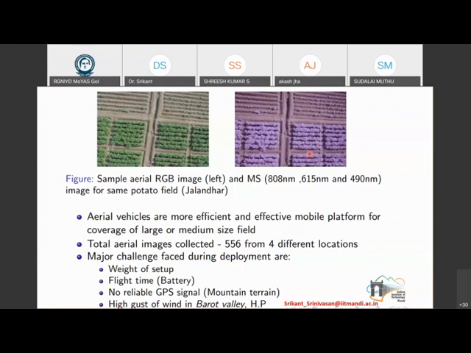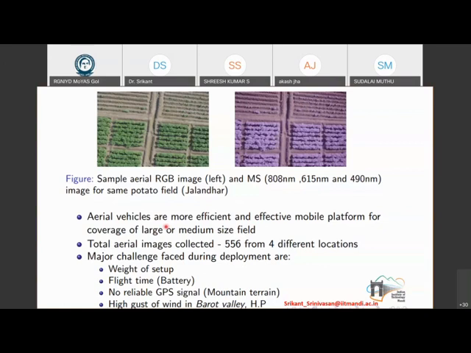Because, after all, a farmer is not going to buy a UAV of 1 lakh. The advantage is that in these regions where Indian farmers have small plots of land, they can form cooperatives. Then it's easy for, say, an FPO, a farmer producer organization, to have one of these and quickly fly over the field and get an estimate of the potential yield that is coming up for that region. So that farmer can then know how much he's going to get and bargain his market prices.